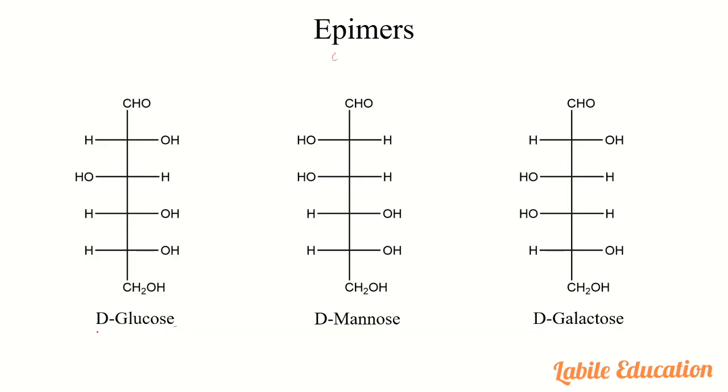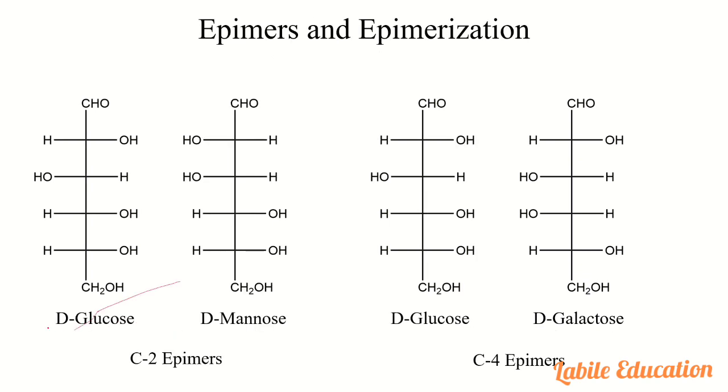So epimers, these we will see. This is D-glucose, D-mannose, D-galactose. And what is the relation among these three? We will take one by one. Here, these two, D-glucose and D-mannose, you can see are aldoses because there is an aldehydic group, and there are a total of four chiral centers. This is the numbering, 1, 2, 3, 4, 5, 6, and this is the first chiral center, second chiral center, third chiral center, and fourth chiral center.